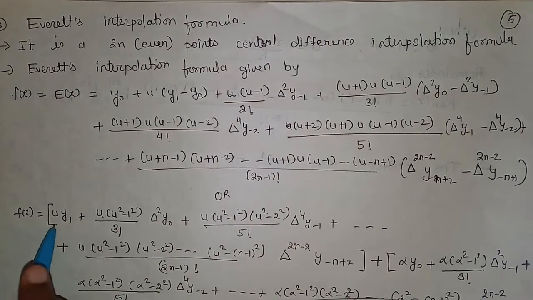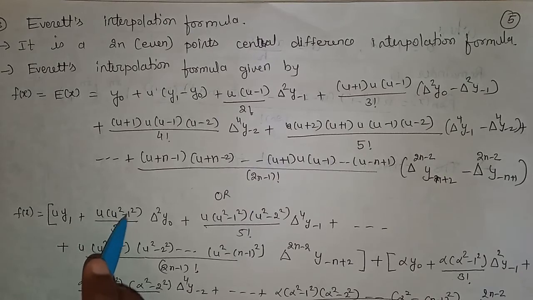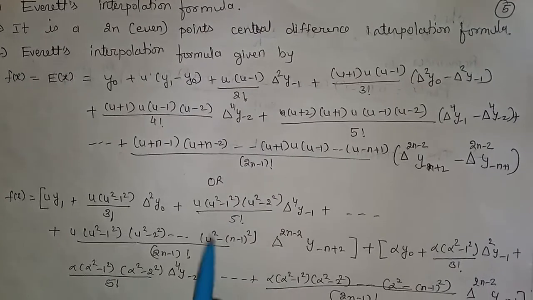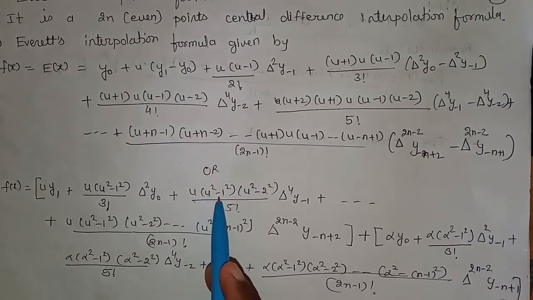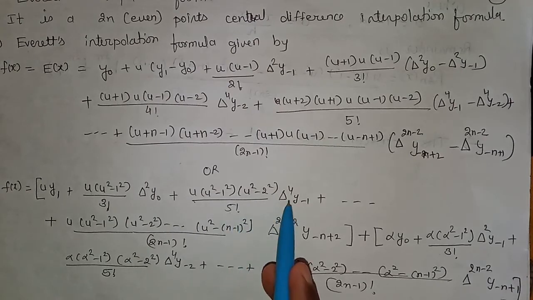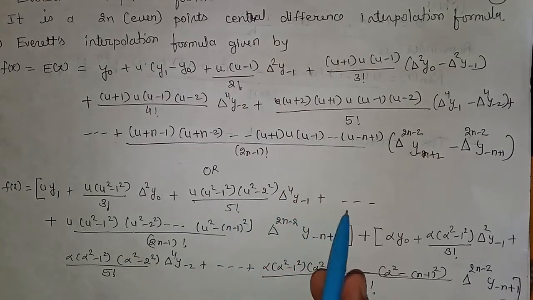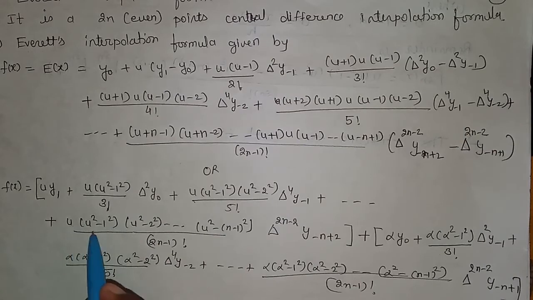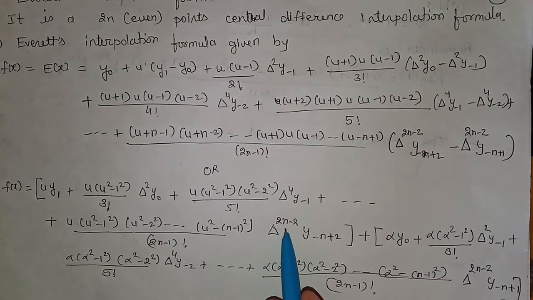So f(x) is equal to u into y1 plus u into (u square minus 1 square) upon 3 factorial delta square y0 plus u into (u square minus 1 square)(u square minus 2 square) upon 5 factorial delta raised to 4 y minus 1 plus, and so on, up to (u square minus (n minus 1) the whole square) upon (2n minus 1) factorial delta raised to 2n minus 2 y minus n plus 2,